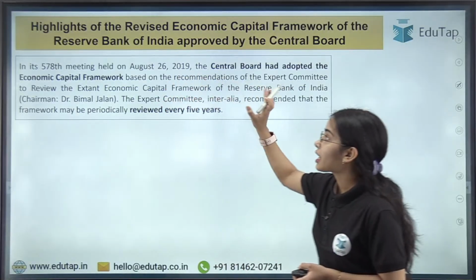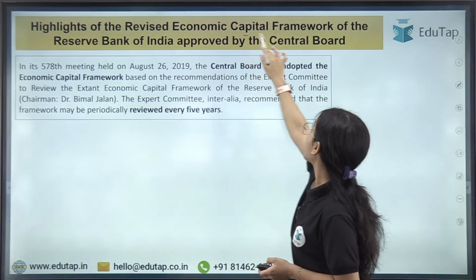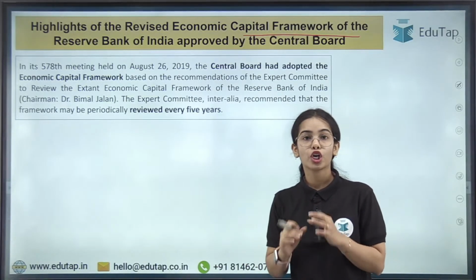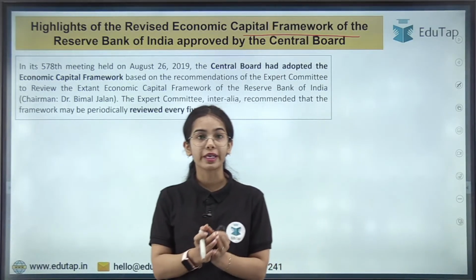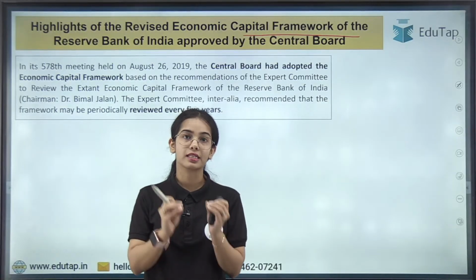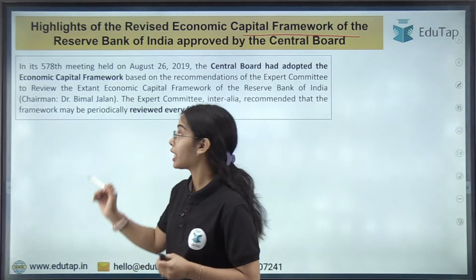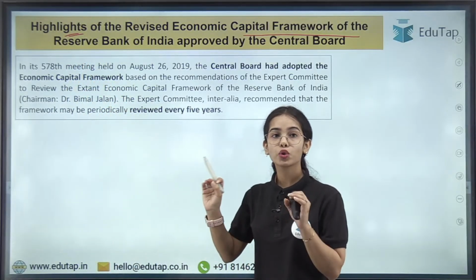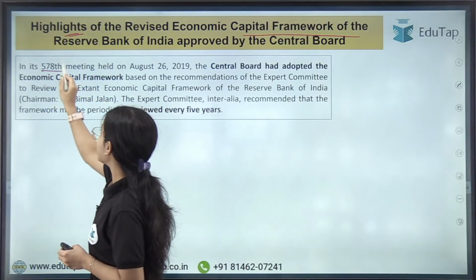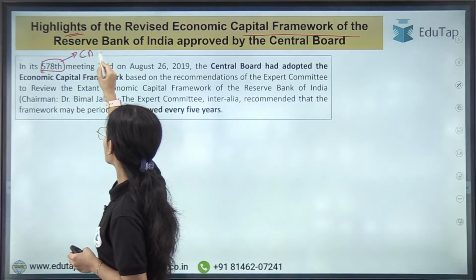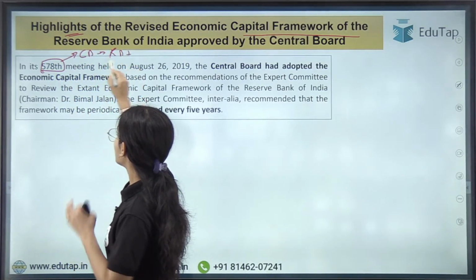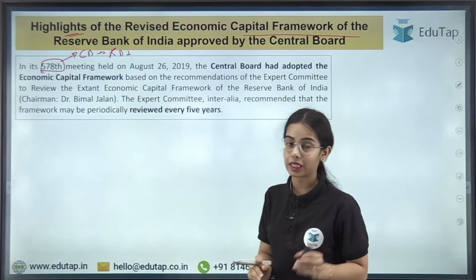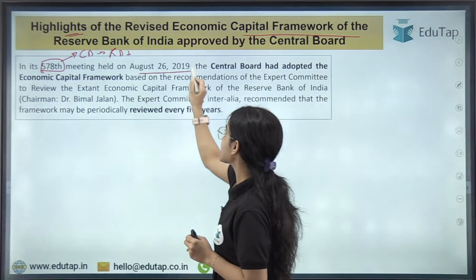So we are first starting with the highlights of the revised economic capital framework of the Reserve Bank of India that is approved by the Central Board. The Central Board of the Reserve Bank of India has approved the revised economic capital framework, and the highlights have been given by the Reserve Bank of India in this regard. In the 578th meeting of the Central Board of the Reserve Bank of India, held on August 26, 2019,